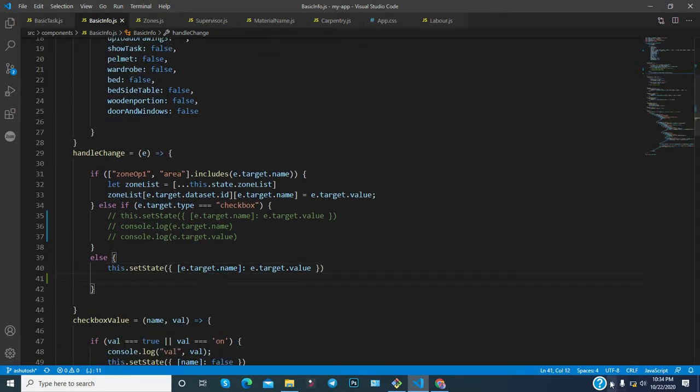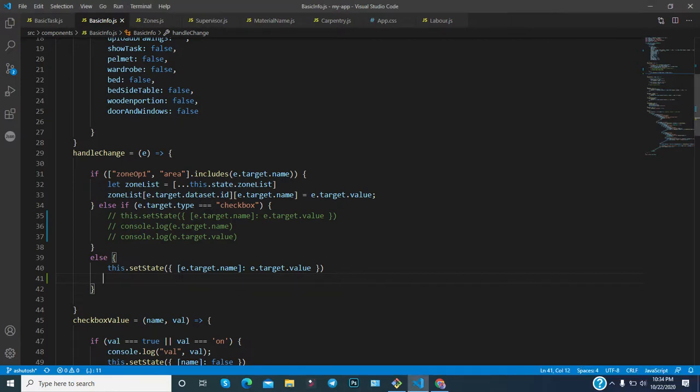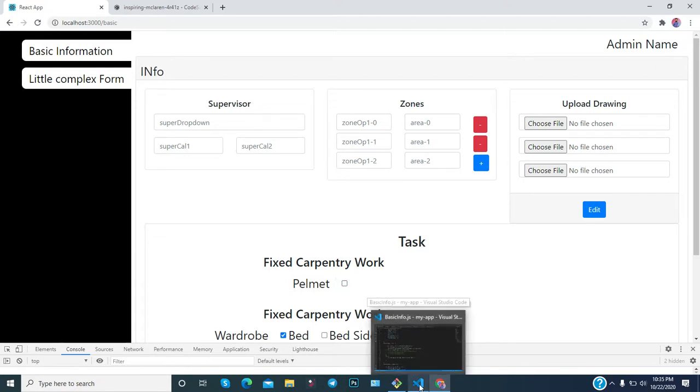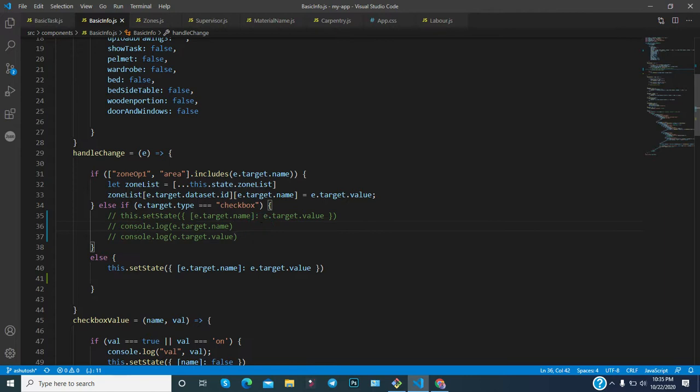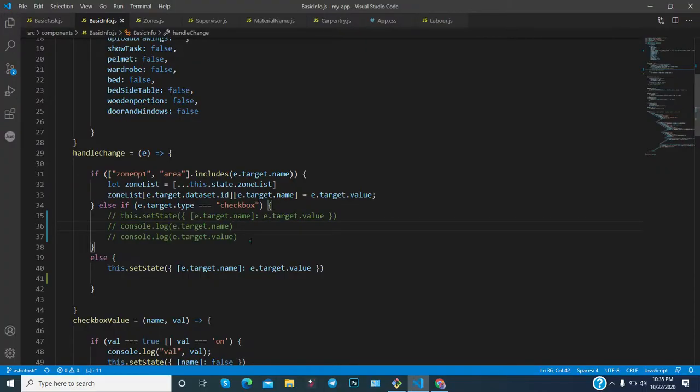I am pausing this video for some reason. Now I come back. As you notice, if you check or uncheck here, the value is not getting updated. That's the problem, and we need to overcome it. That's why we have done it in a different way. So what is the way? In the dynamic logic, this logic is for the whole form, but based on the condition, we are updating the value dynamically on the change method.